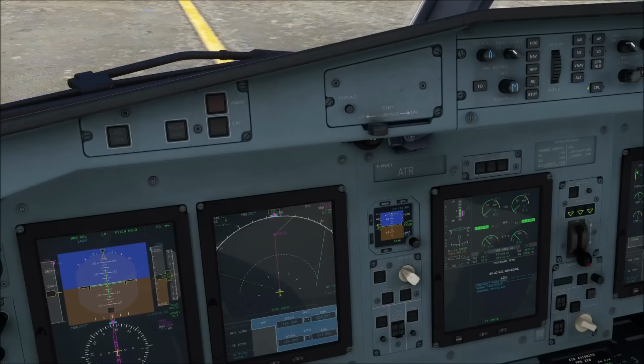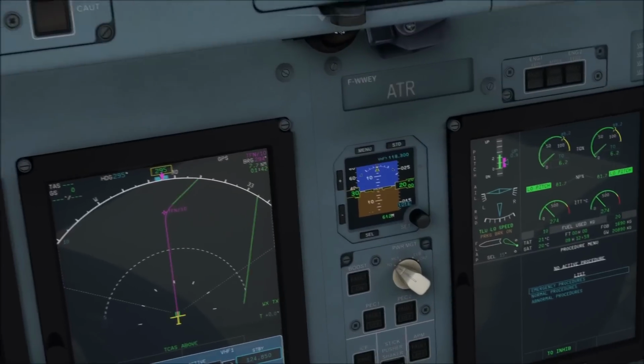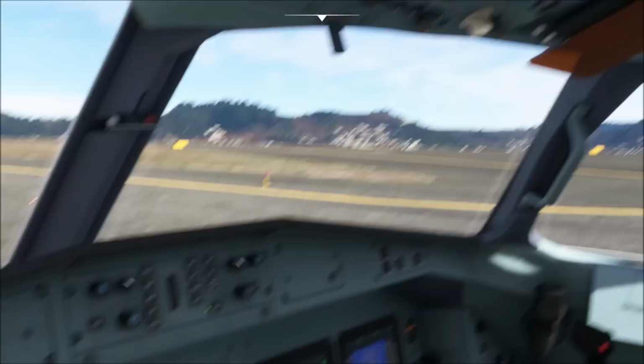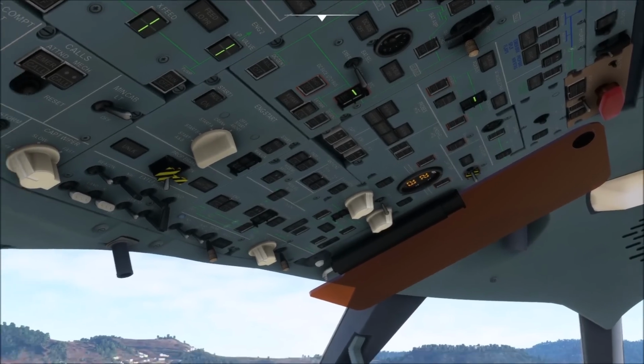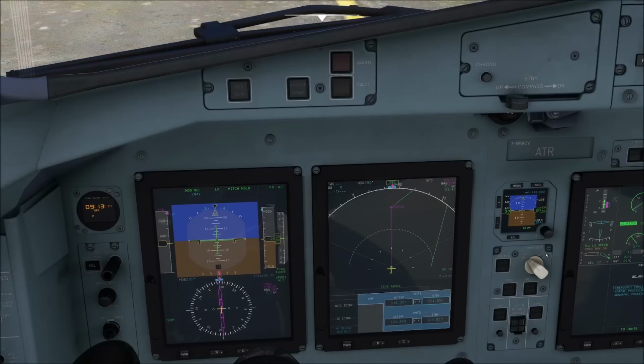When we reach the acceleration altitude, we are going to start the climb procedure by checking that our power levers are still within the notch where they are going to stay. Then we are going to select climb on the power management unit and check that our engine bleeds are switched on down here. That is just in case we had a bleeds off takeoff, but when the power management is set into the climb position, our target speed is going to increase from V2 plus whatever to 170 knots,